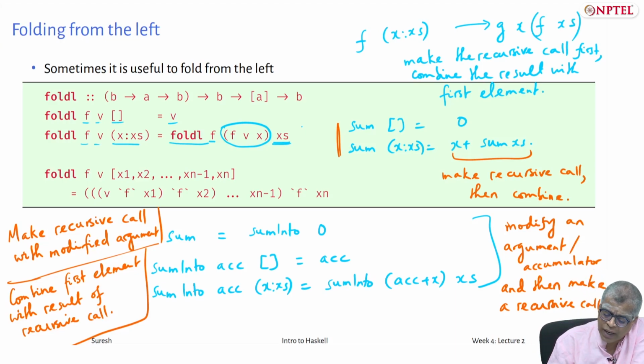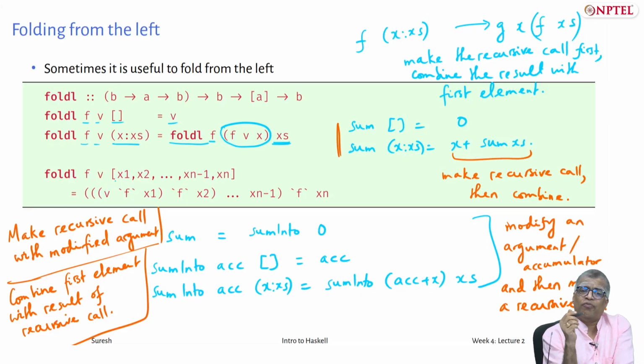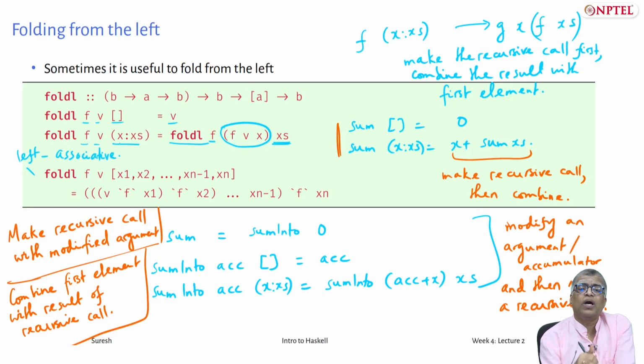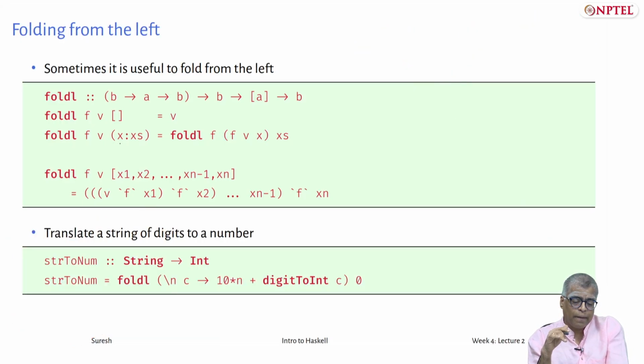Okay, and if you expand it out, you will actually see that you are using v at the leftmost and you are combining this operator f in a left associative manner. Okay, which is why it is called fold L, left associative. Fold R is more natural in Haskell because you have a list structure, and fold R f v on the list is just the same as replacing empty list by initial value and colon by f. But fold L is also quite natural in many circumstances, and it's a nice alternative to have.